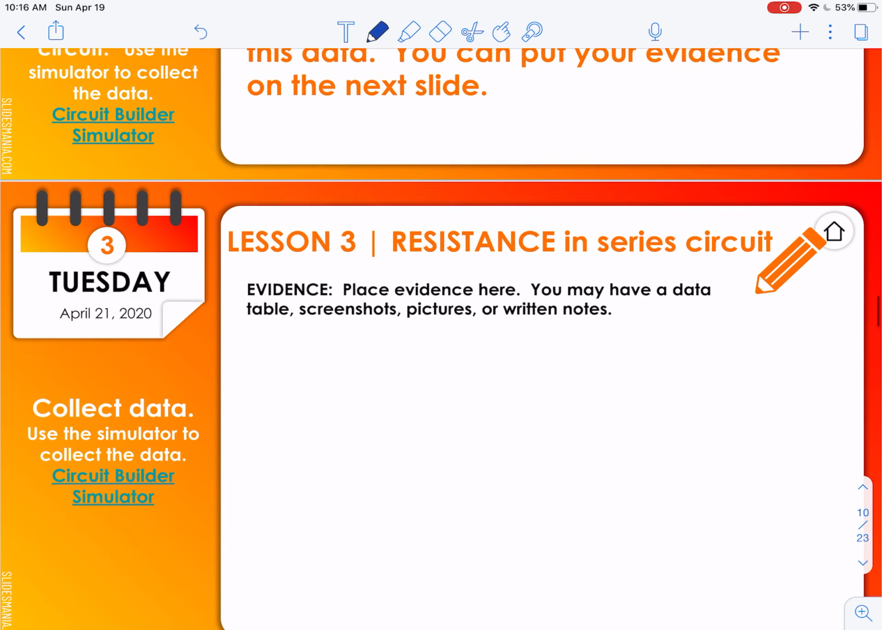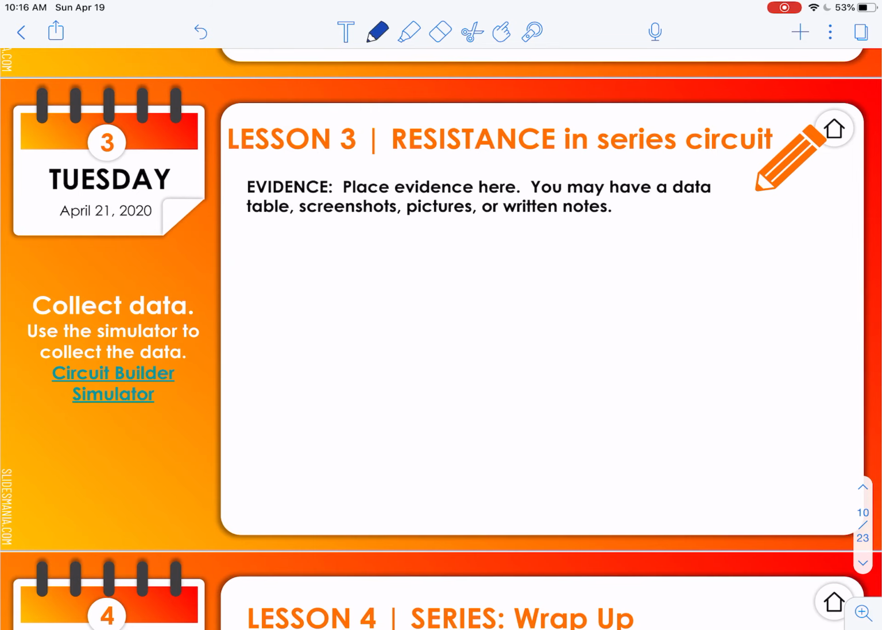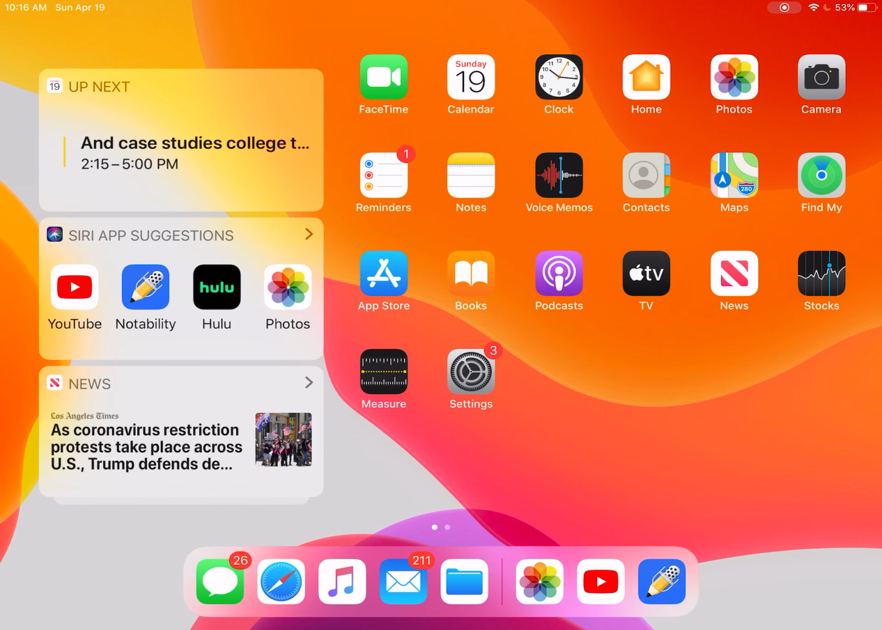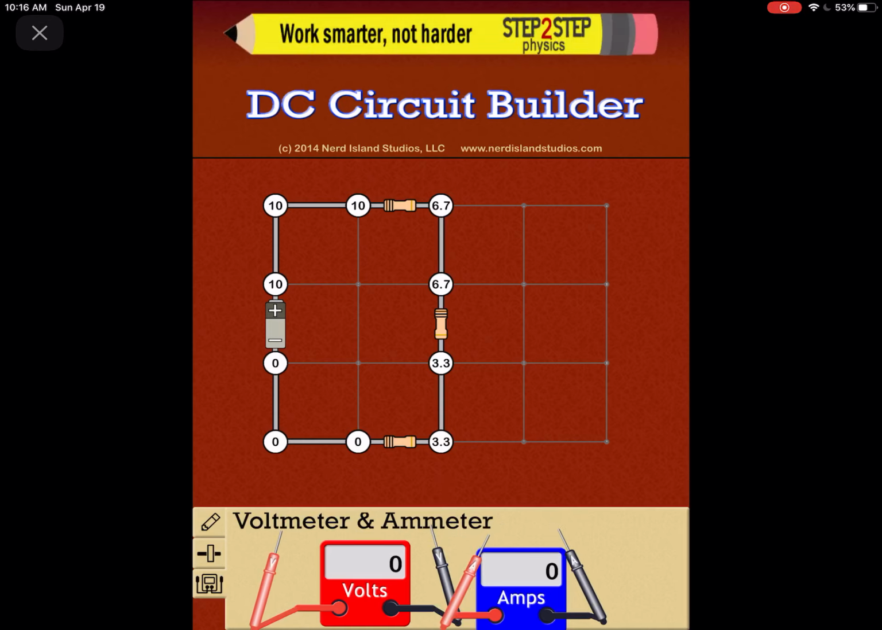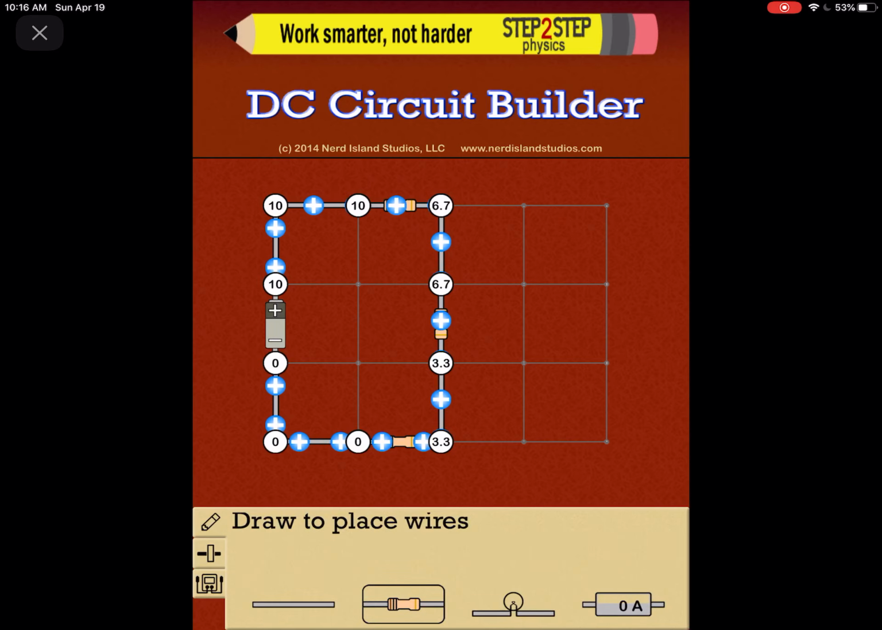Okay, so again, you're going to put your data into the next slide. So let's go back to the simulation. Okay, so again, if you notice, there's nowhere that we can actually measure the resistance, okay? So the only way that we're going to be able to do that is sort of by thinking